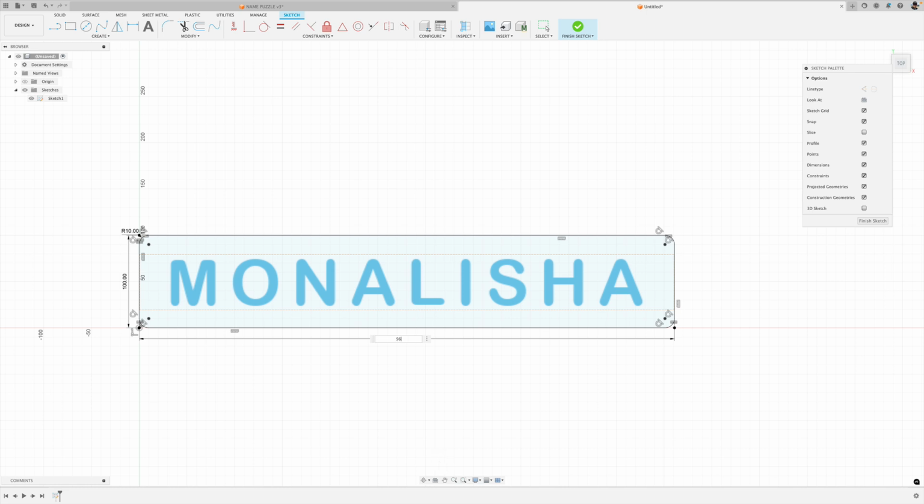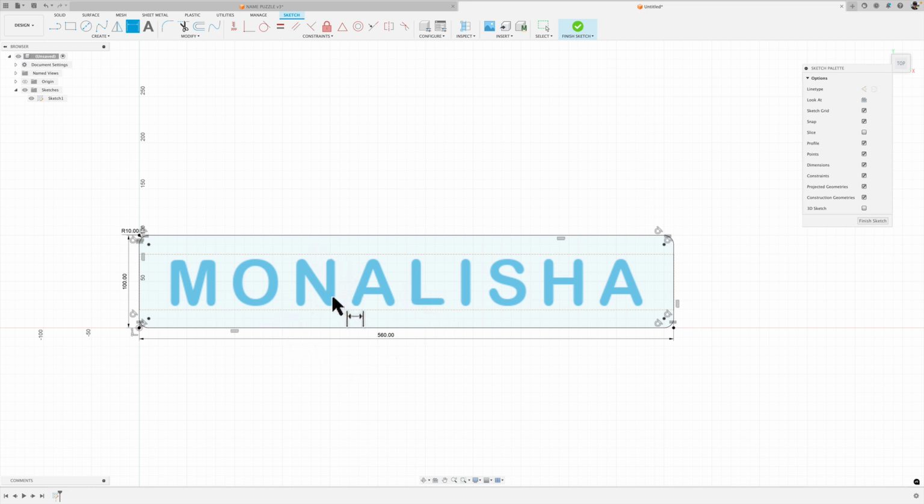I'll just go ahead and make it 560. Okay, so let's see what we have so far. We have one sketch, we have a rectangle with filleted edges, we have a text tool that's used,